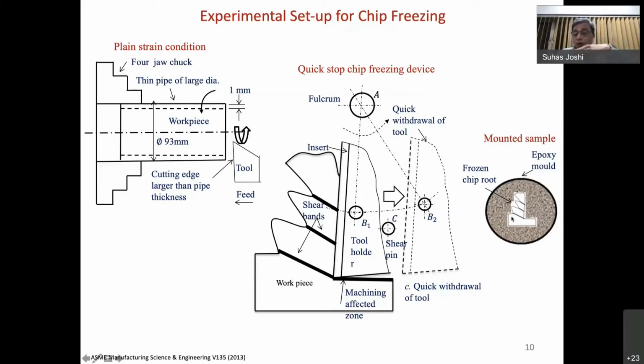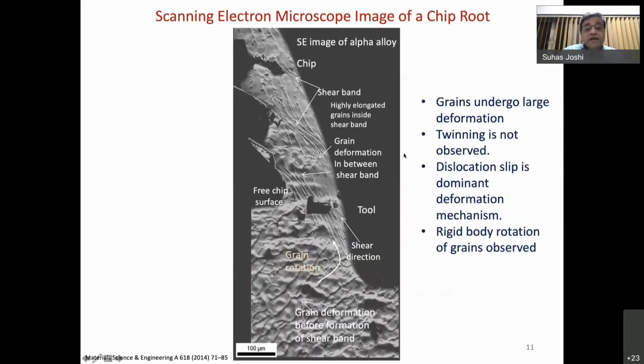and it tells you how many segments are formed, how the segments are formed. It's like you have taken a picture of that particular machining process at a given instance. So now you take this chip, you mold it in epoxy, and polish the top surface, and you will find that a large number of things can be visible from here. I'm not going into details. There are many experiments we have performed, but I am trying to give you only the most important aspect of